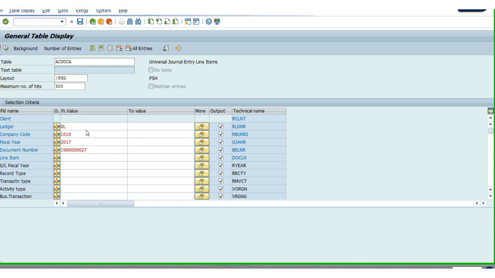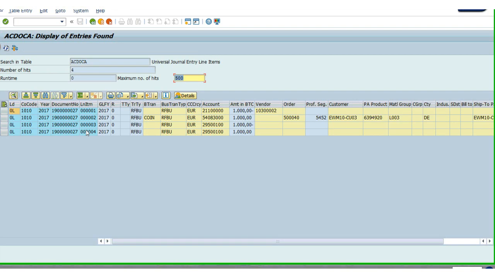And as you can see here, the internal order used in the posting is assigned, of course, and the system has also assigned this posting to one profitability segment. And you can see the customer and the product is automatically read from the settlement rule of